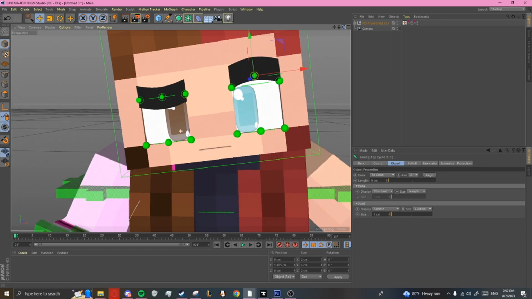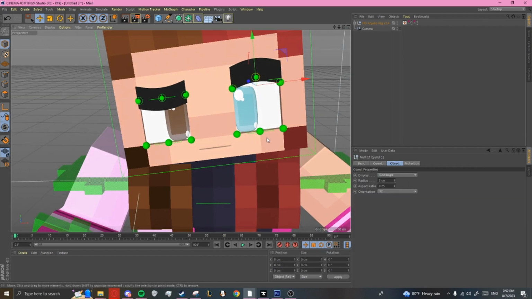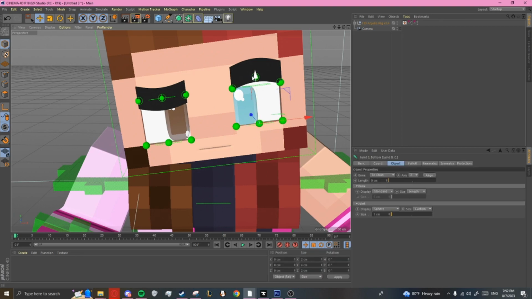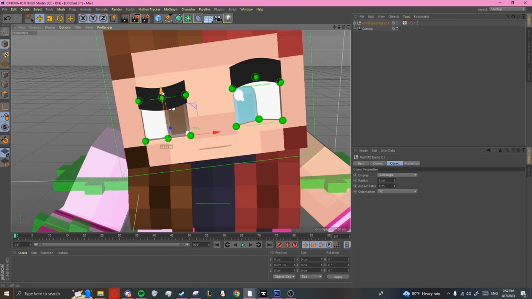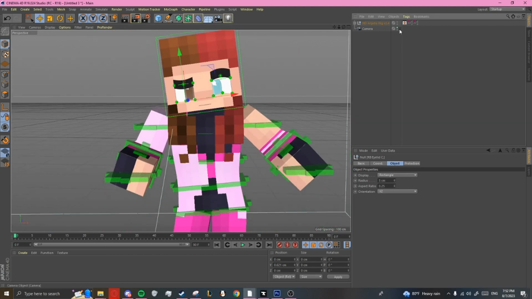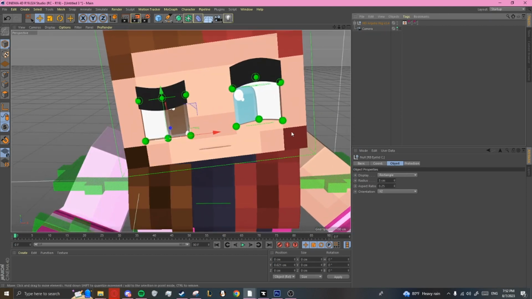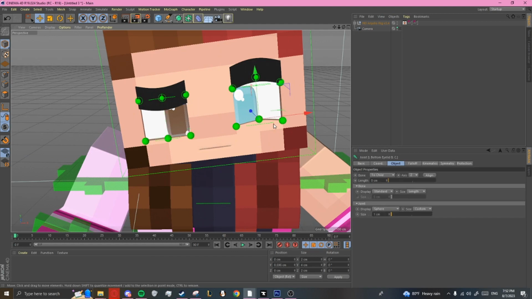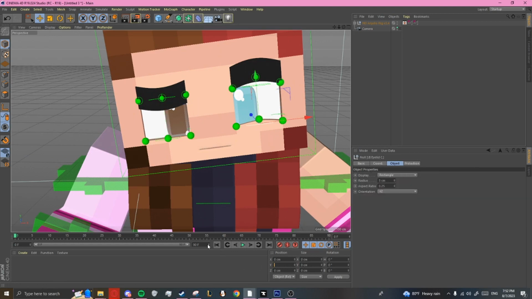It's mostly for just bending, and then the lines here move the entire eye. So with that done,